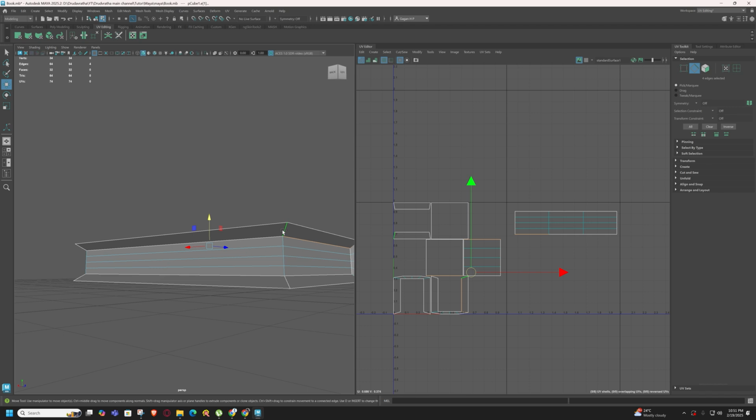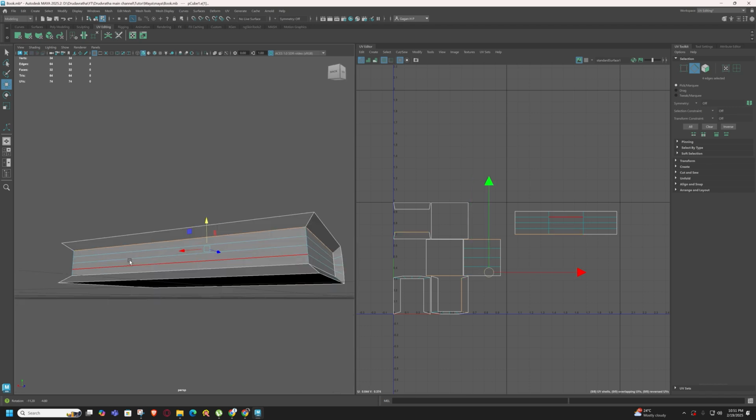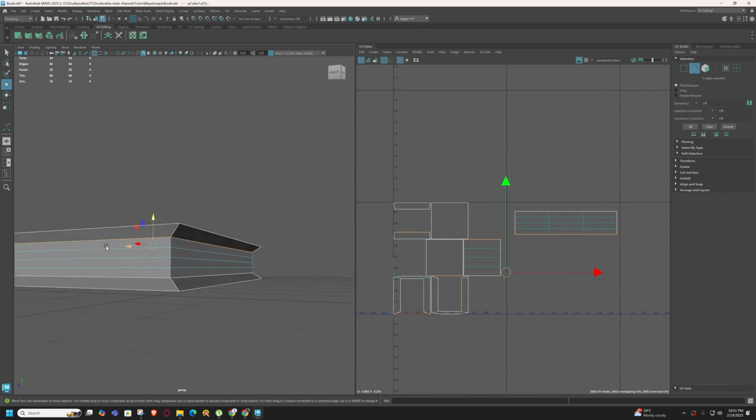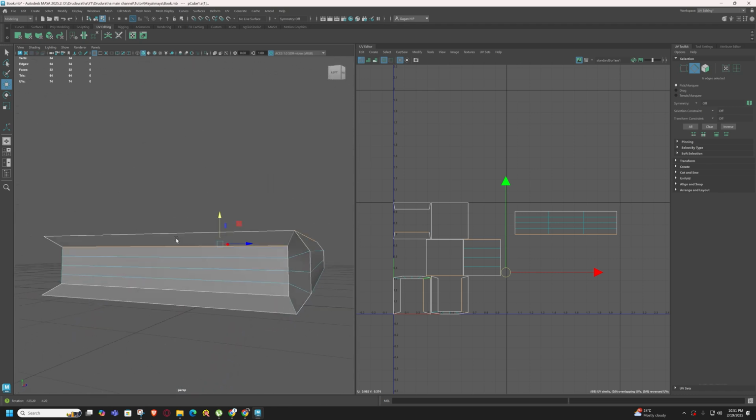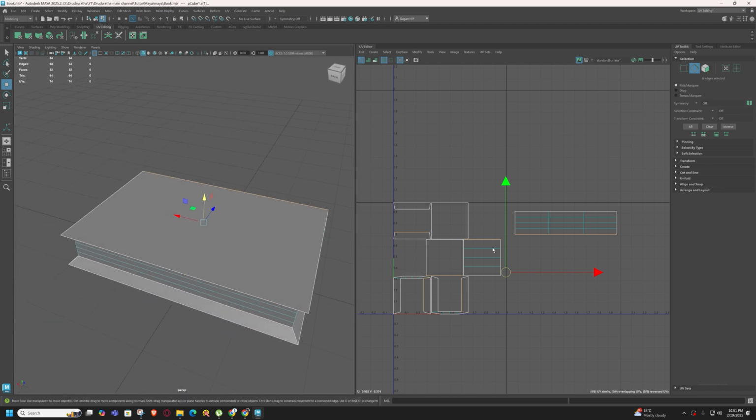So not this one, this one, yeah, and this one. So done. So once you select this, come here, shift right click, cut. Okay, so come back to the UV shell,